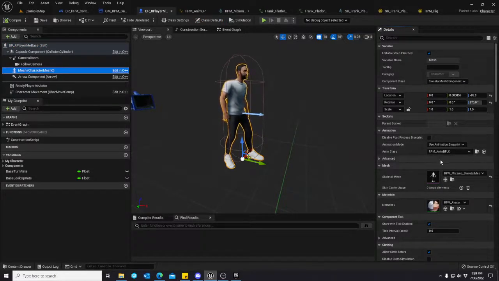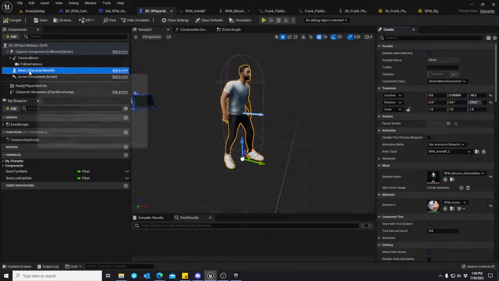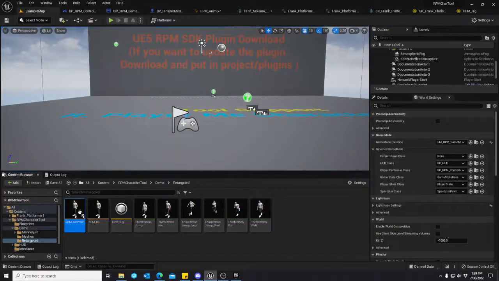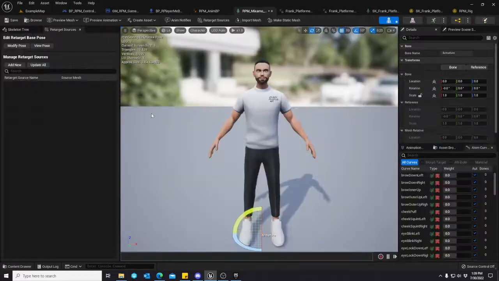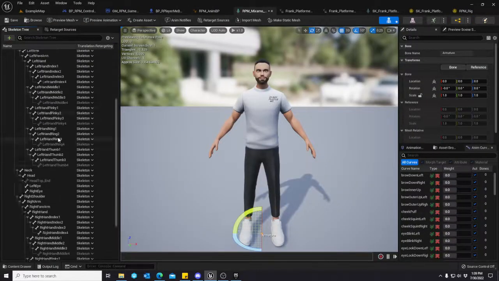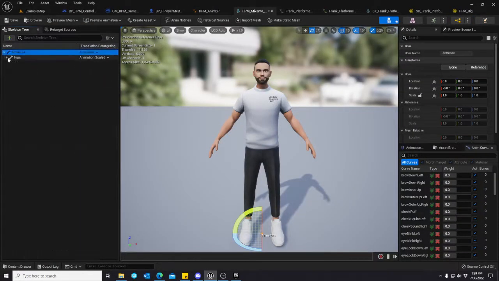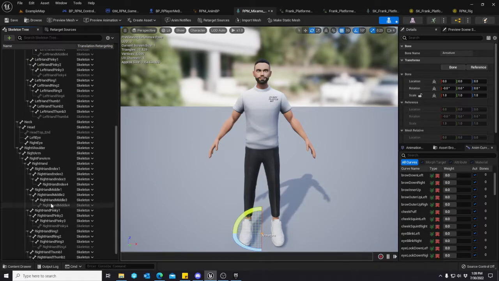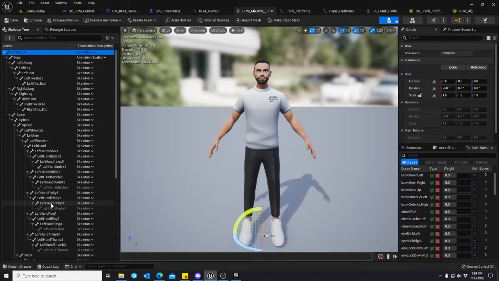Well, we know that this mesh is set up to run with this animation BP. So we can go look at that. This animation BP is then tied to a skeleton, and we can go look at that. So we can pretty much see that this skeleton setup is not Unreal Engine. And because the rig and the SDK from Ready Player Me is sending mesh data to this skeletal system,